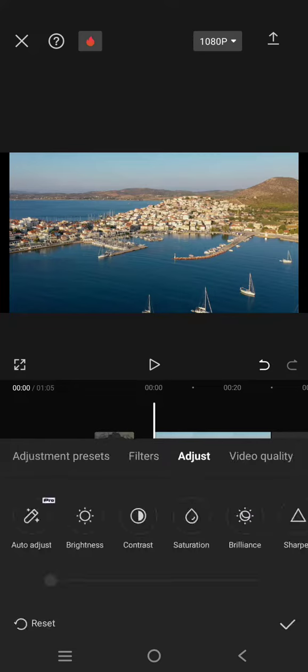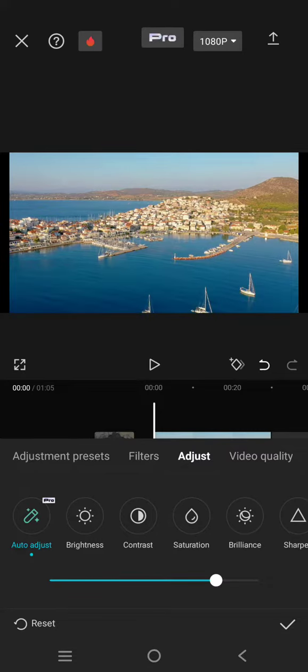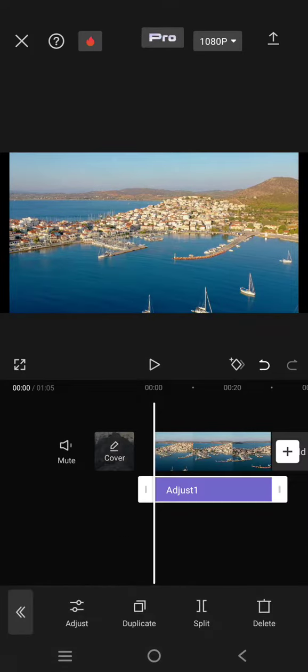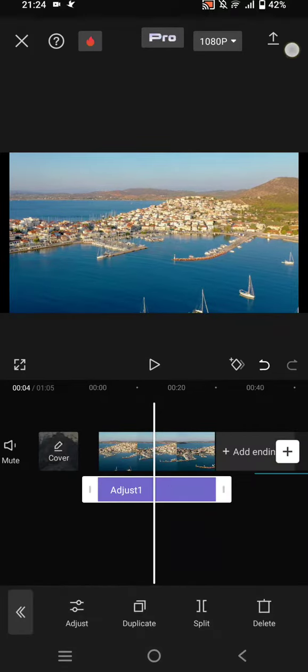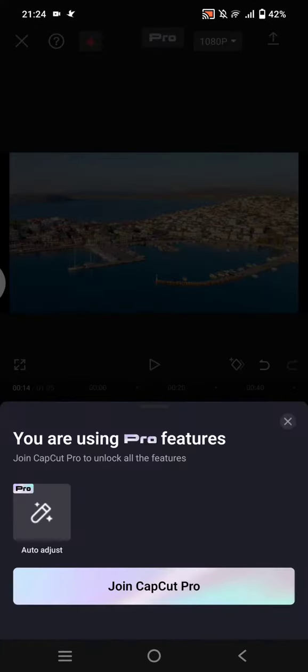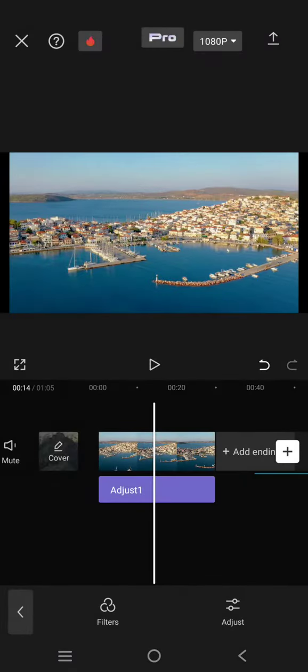First, let's add the auto adjust. You can see the auto adjust is for the Pro user, so I'm going to use that. Okay, so when I click on export, you can see that CapCut will ask me to join CapCut Pro first. So what you need to do to remove or undo the auto adjust is you can simply click on